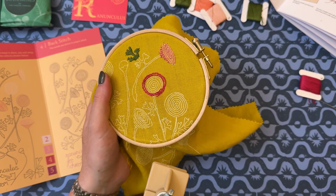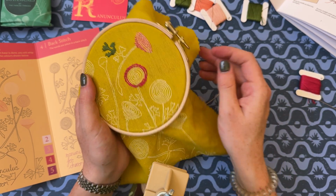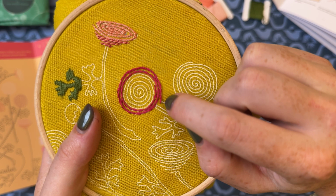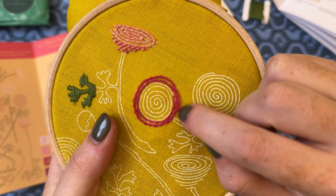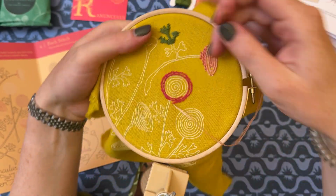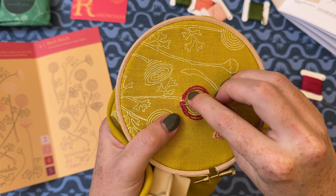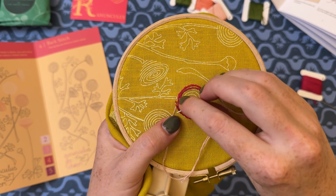So when I whip, I bring my needle up at the end of the shape, and I'm going to bring it up here on the side opposite to where my stem stitch begins. So you can see here, this is my opposite side. The stem stitch was always going from the top to the bottom. I'm now going to come up at the bottom. And a whipped stem stitch is a surface stitch. So it means that I only work on the surface. I'm going to wrap my thread around